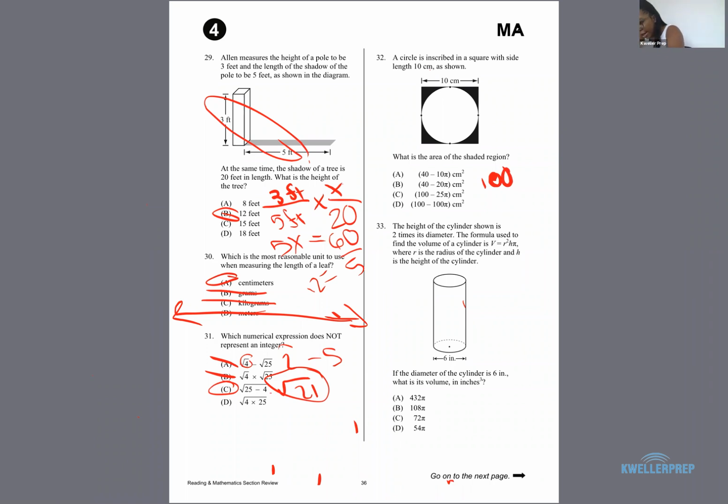So right off the bat, A and B, cross those out because remember, you take the area of the square and you subtract the area of the circle from it. So the area of the square we know is already 100, so 40 is out the window. Now, in order to find the area of the circle,